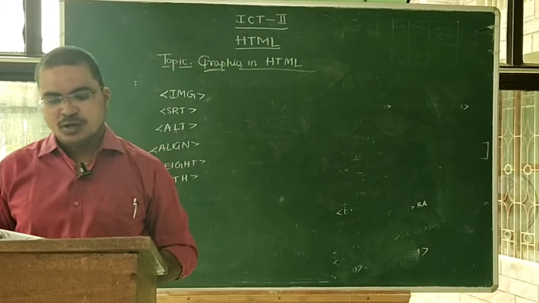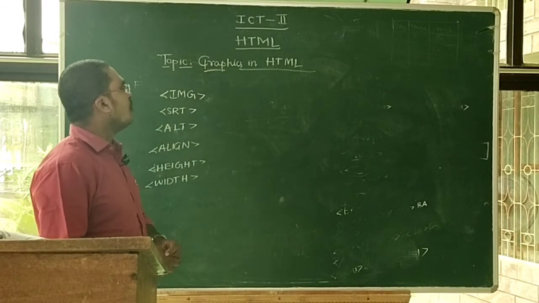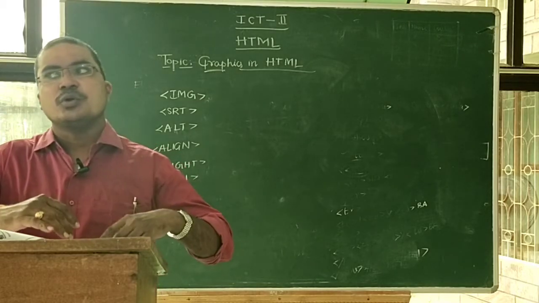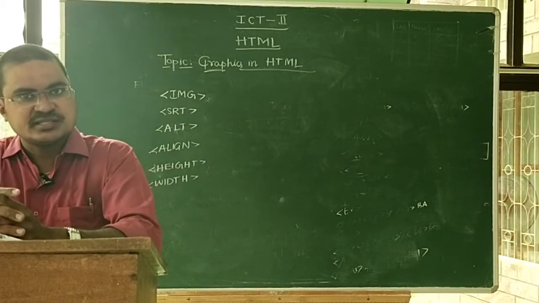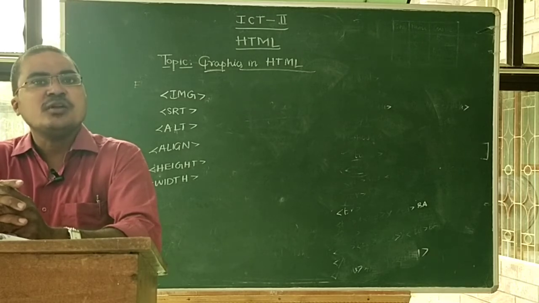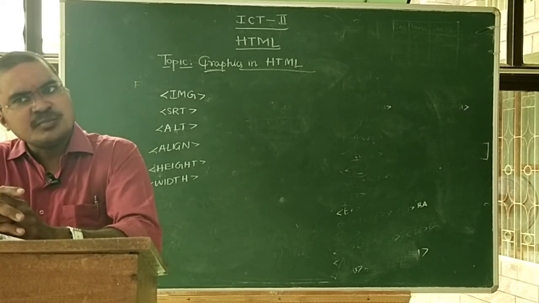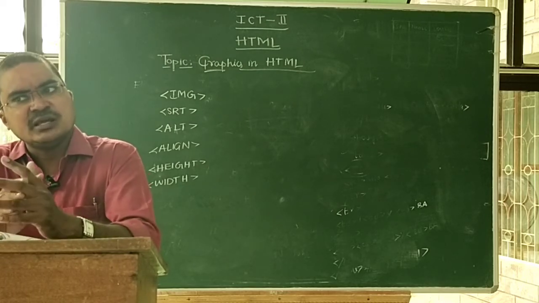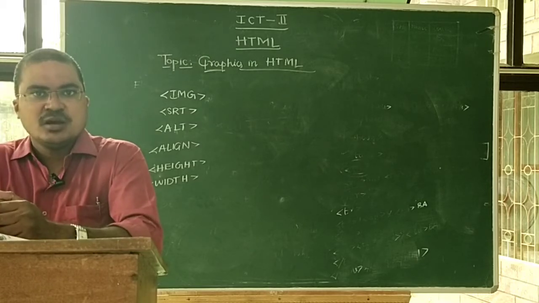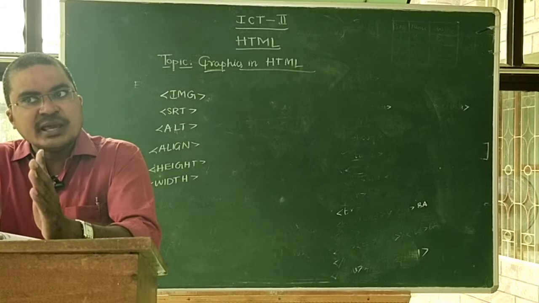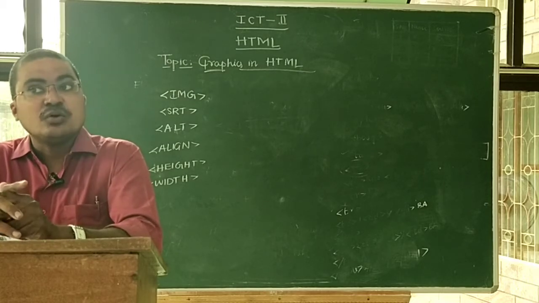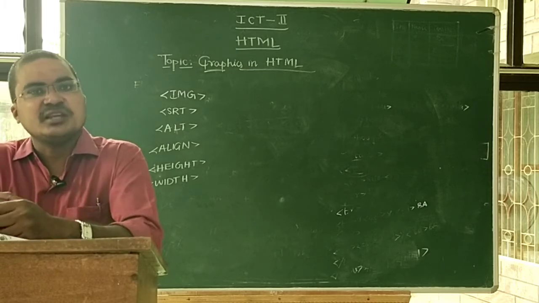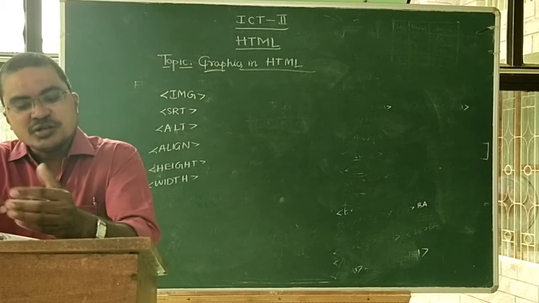Now the topic is graphics in HTML. Graphics means we want to show not only text in web pages. All the time, web pages do not only contain a piece of text. Sometimes the web page also contains images. Previously I talked about creating tables, but now this is the time to see how to put an image into your web page. Images are very effective in presentation in web page creation, that's why we can arrange images also.